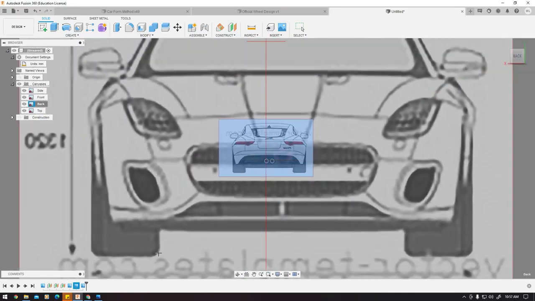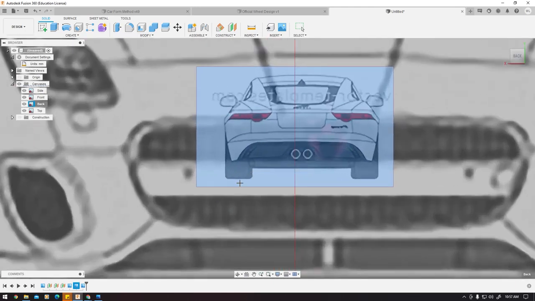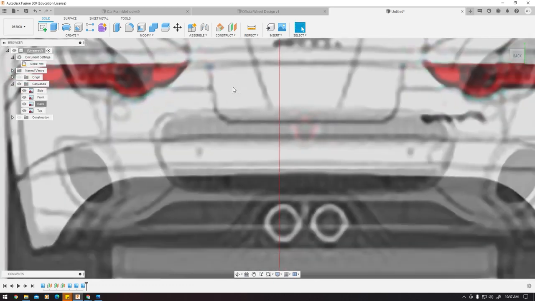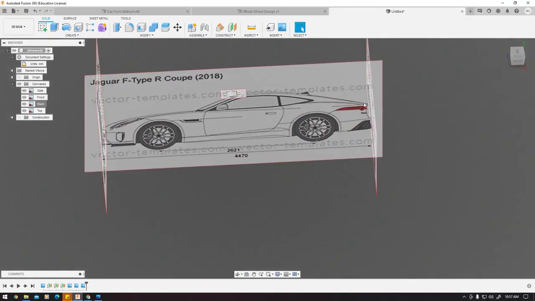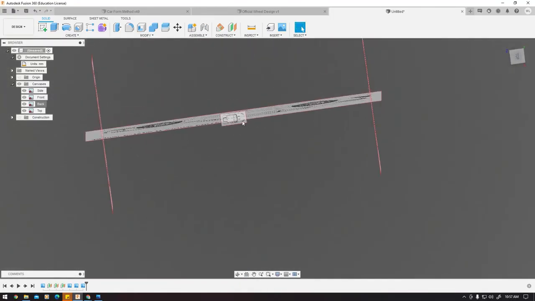So, let's see. Try to match the bottom of the tire and the top, so it'd be right here. 1:3:20. Now we're gonna manually edit this, but let's first get the bigger dimensions, and then the top